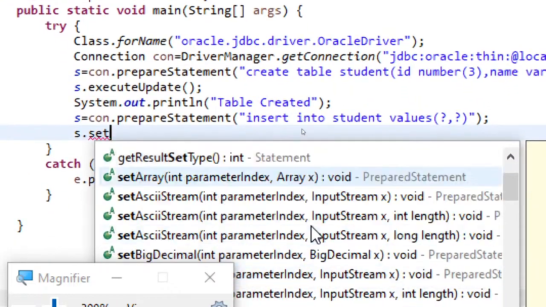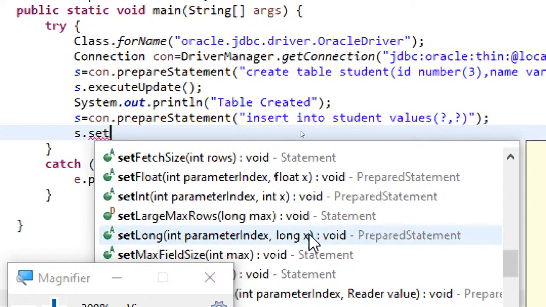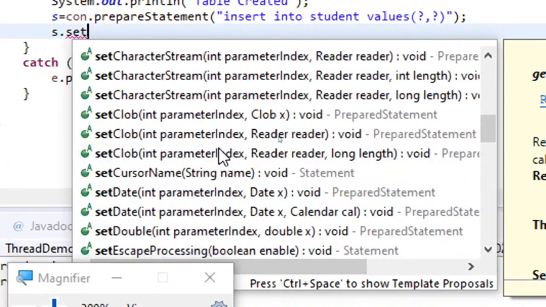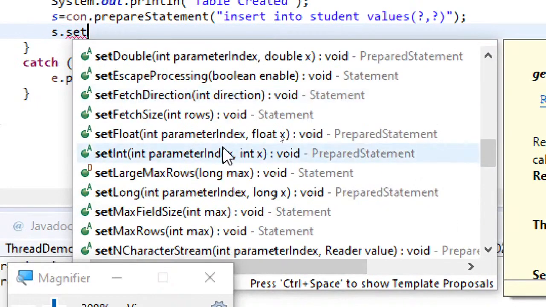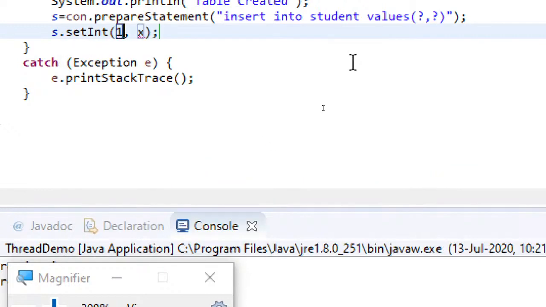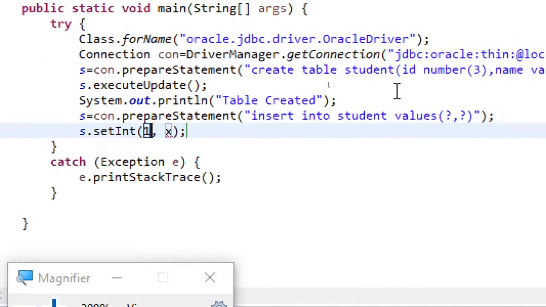So how I'm going to do that is, you will just write s dot, and you have inbuilt methods. Here you can see the setInt method. It takes an int parameter index and then the value. Here I'm giving 1 because this indexing is within the table, not your arrays. If it is arrays, you use from 0 onwards, but with respect to a table, the first column index is 1, second column index is 2, third column index is 3. So the nth column index will be n.